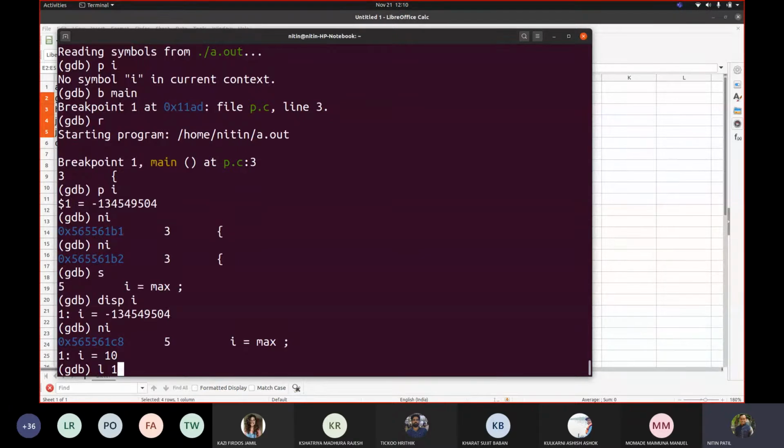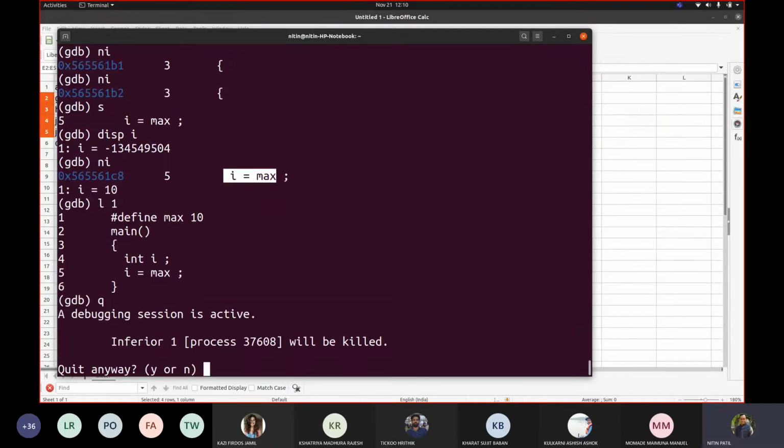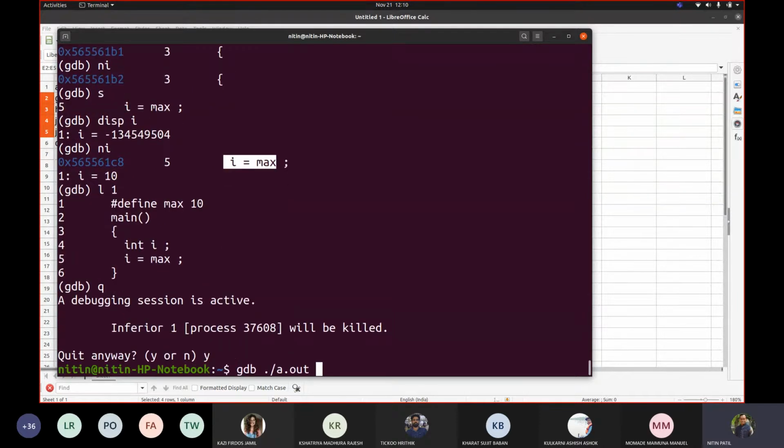Why did I get 10 here? Because I do see that max is given 10. But currently I can see that i is equal to max still over here. While I debug, I can see that i equal to max is shown, but what really happens there? This is shown at runtime. But if I try to see this rather,